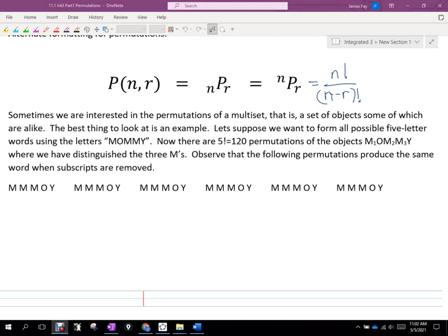So the idea was, if we have, let's say, 10 people in this class, and we want to see how they can finish a race, first, second, third, or how they can finish maybe their class average, first, second, and third, because that order is important, because being first place is more important than being second place is more important than being third place, right? So once we recognize that order matters, we can define the scenario as a permutation, okay,